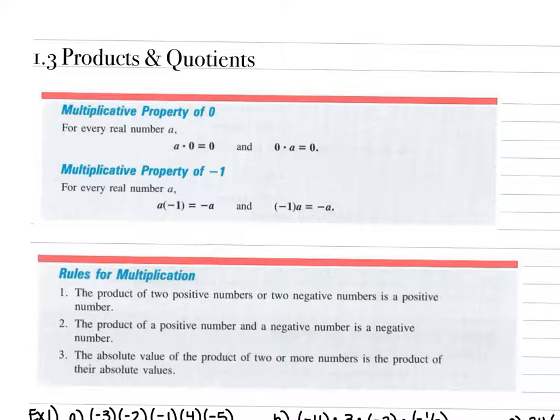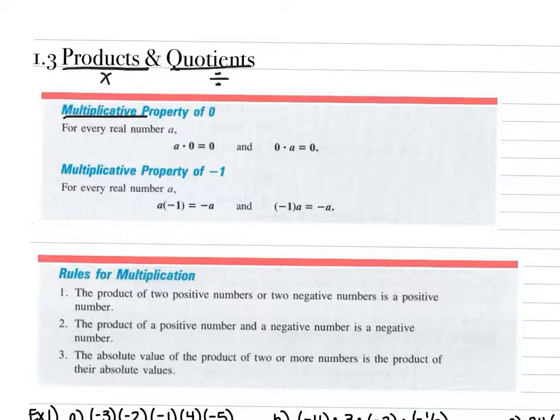Our next lesson is all about products and quotients. Remember, when we talk about products, we're talking about the answer to a multiplication problem. So when you think products, we should be thinking multiplication. And when we think quotients, we should be thinking division. The answer to multiplication and the answer to division. So we get this